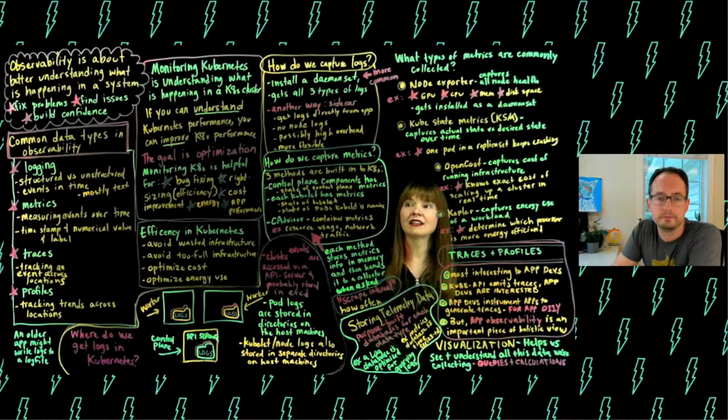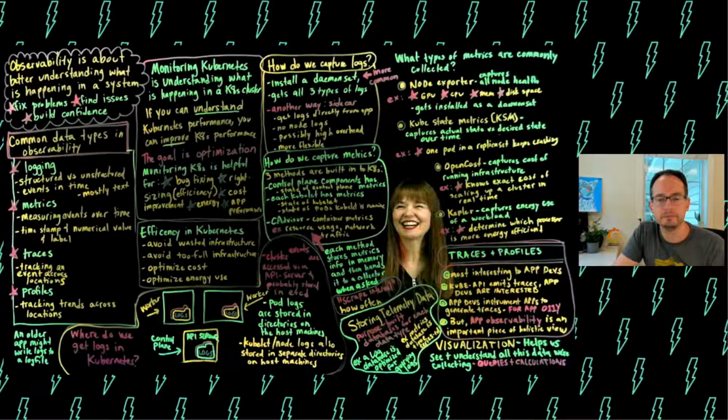And then, okay, so then we talked about metrics. So there are three ways that metrics are built into Kubernetes. Data sources built into the cluster. Metrics are being generated. That's the word. Are being emitted by Kubernetes. So we have the control plane components, each generating metrics about their state. Each kubelet generates metrics, but that kubelet is going to generate metrics about the kubelet itself, and it's also going to generate metrics about the pods that it's running.